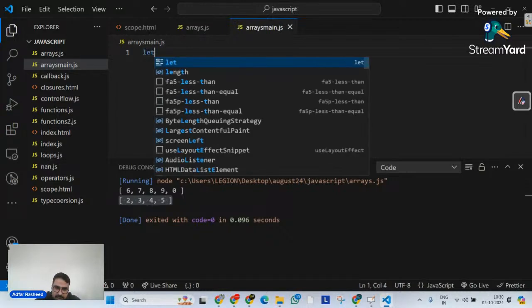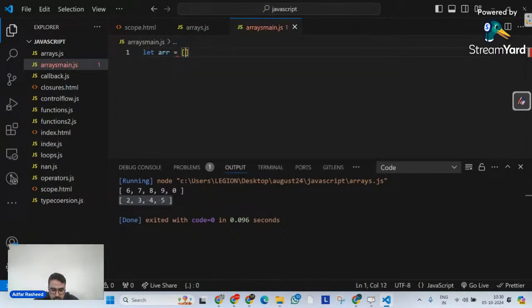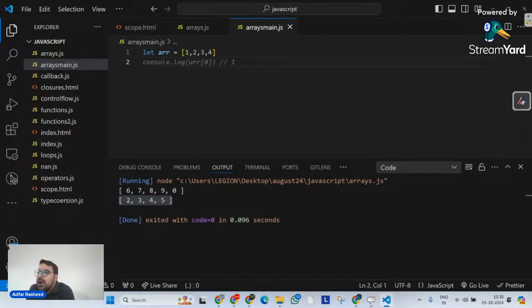Let's suppose I have an array, arr is equal to [1, 2, 3, 4]. I simply want to implement some logic on this array. My requirement is very simple and crisp here. I have a function, any function, and I want that function to be executed on every single element. For example, let's suppose I want to print 1, 2, 3, 4, but using a function. How can I do that?